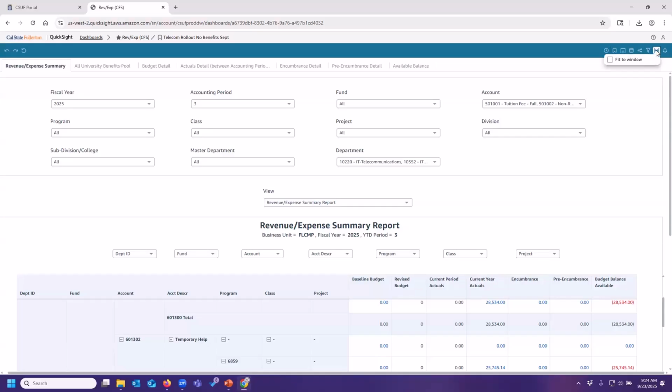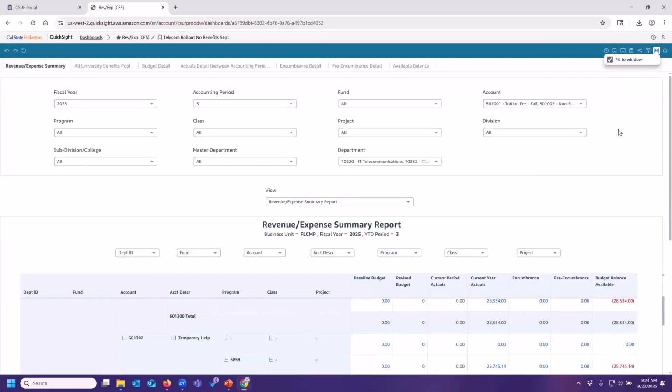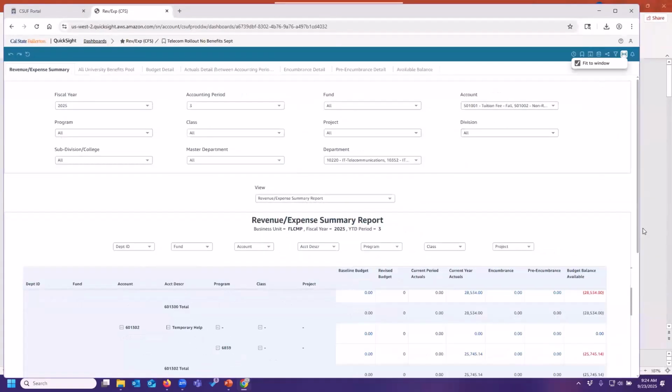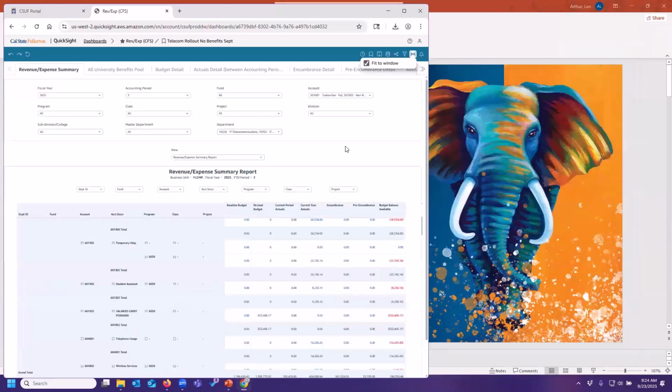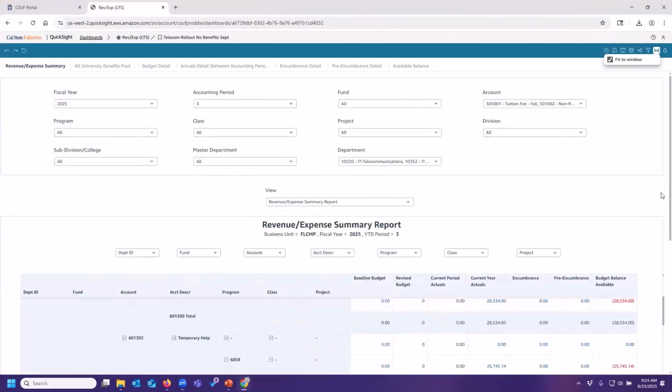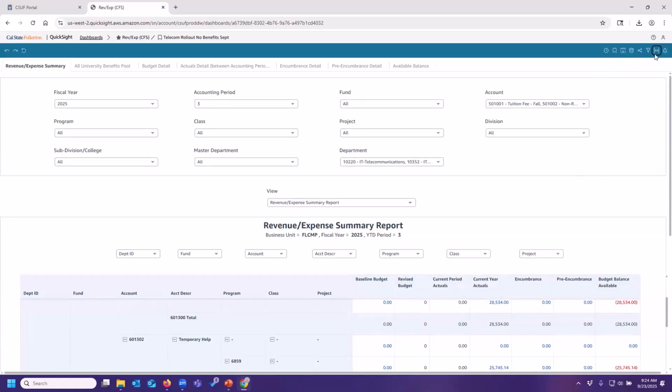There's also another view that's up here at the top, this fit to window. And again, this kind of depends on what your screen resolution is. You can see if I do this, how it's getting tinier and tinier because it's trying to fit everything into this window. And that isn't really helpful here on this monitor because it's a large one, but I find it does actually help on a laptop screen. So on a smaller screen, this can make it a little bit bigger for you. So again, something to try out. If you're having trouble seeing something, if you want to make it a little bit bigger, sometimes that view and this maximize can help a little bit with that.